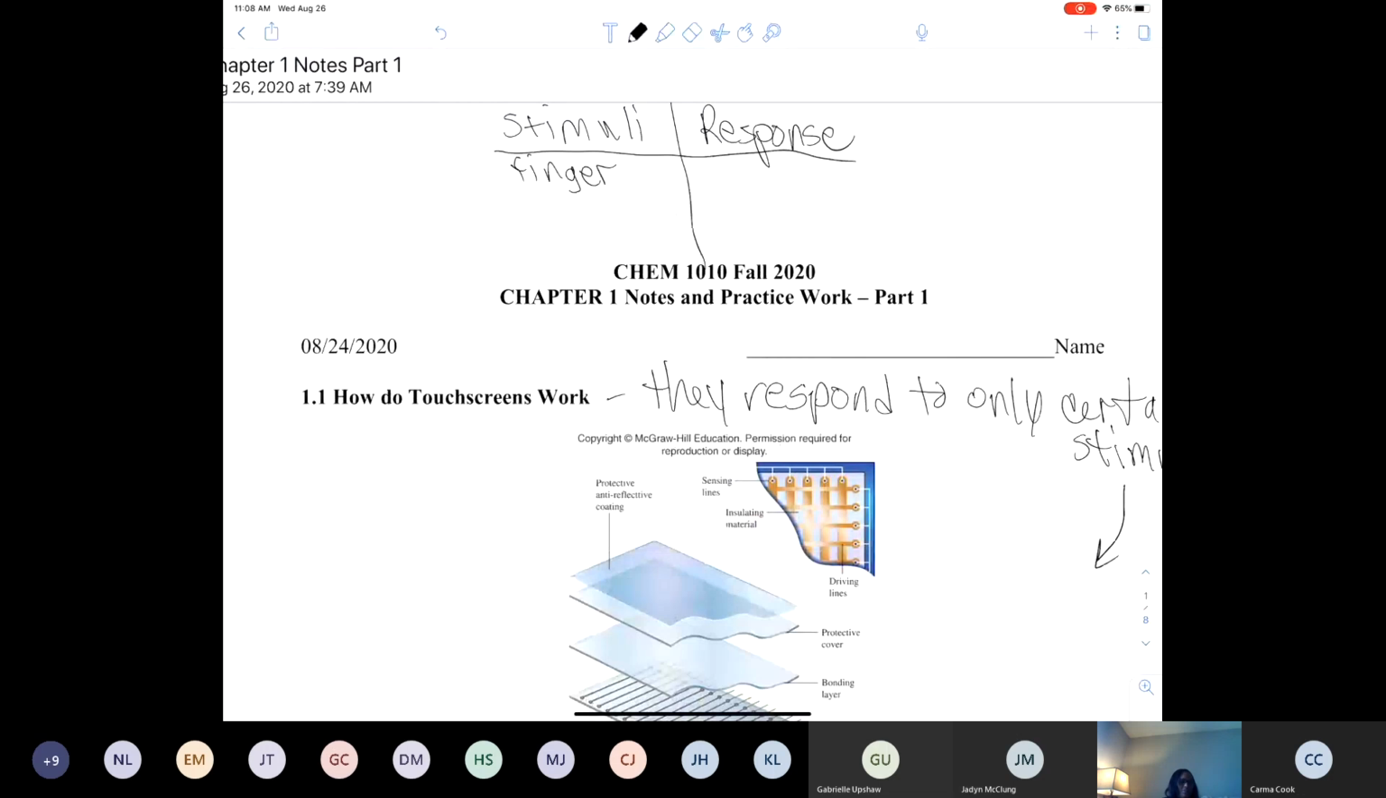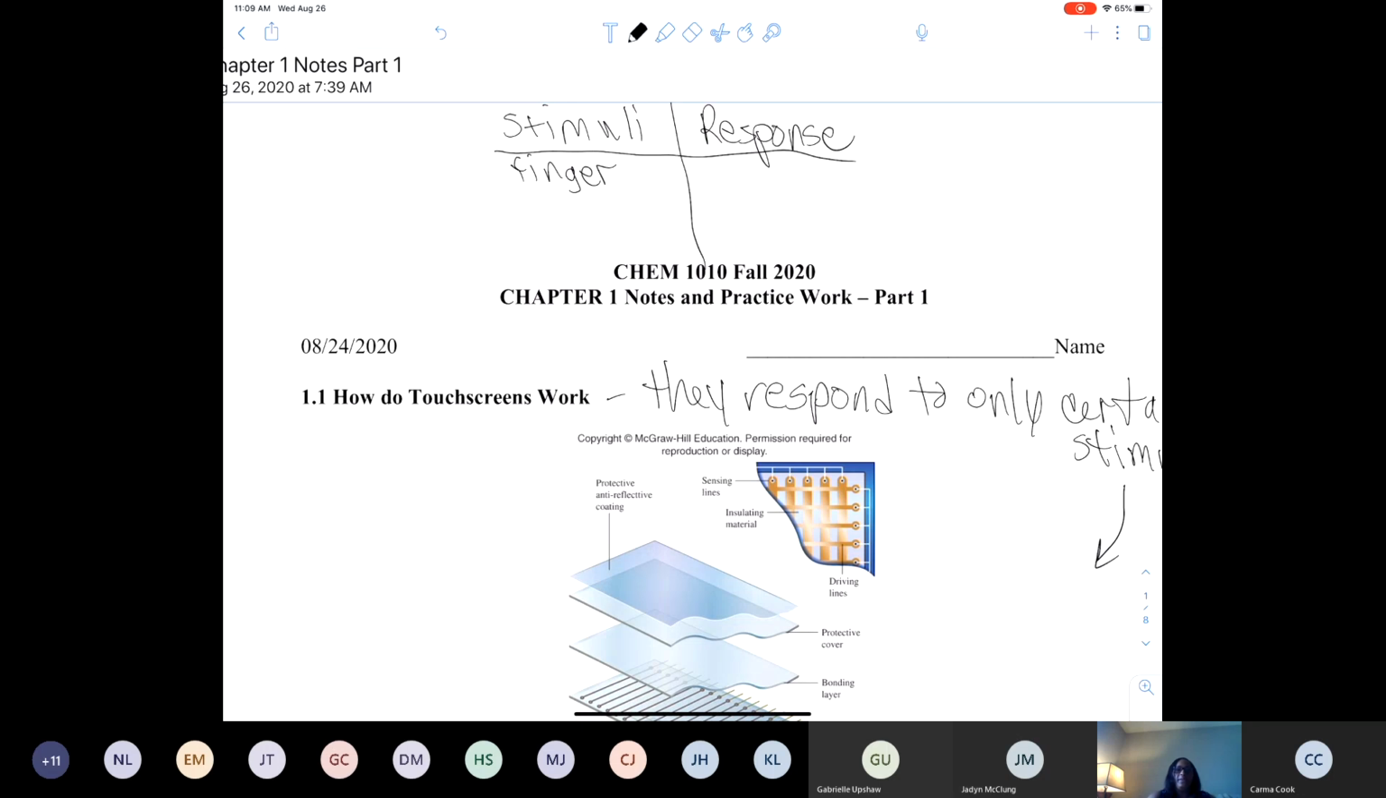But the screen did not respond to the plastic spoon. It did respond to the scissors when I exposed a larger surface area of the scissors to the screen. And my screen did respond to the penny. So if you have your cell phone,